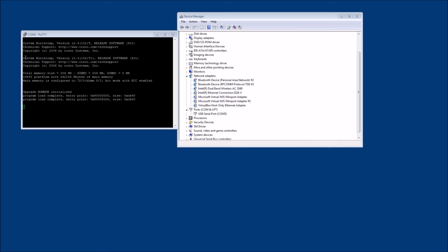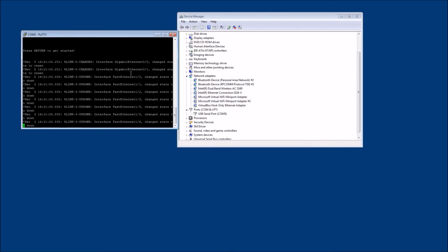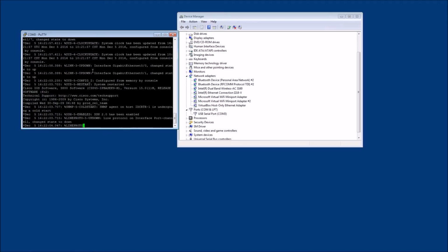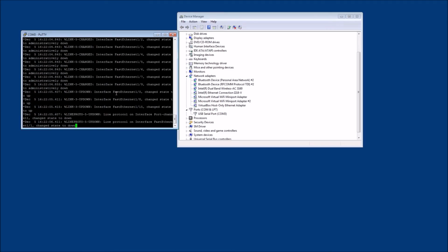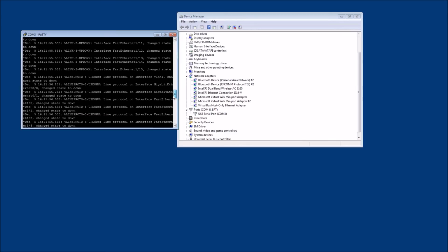Just looking at the bootstrap, it's bootstrap version 12.4, release 13, and T11 is the feature release. 2008, okay, it's a 3845. Yep, it recognizes the... Here we go. Okay, it recognized the Ethernet. This is good. So as it's scrolling by, let me go look at it real quick while it's coming up. It recognized the card